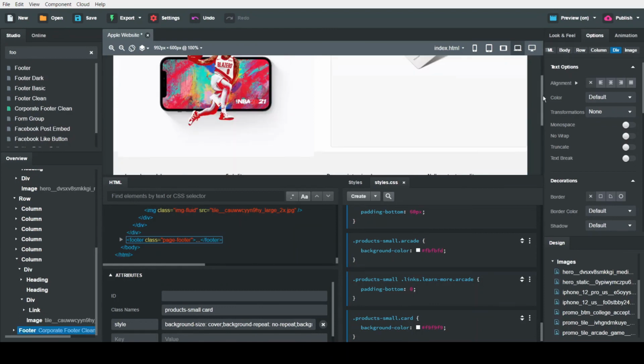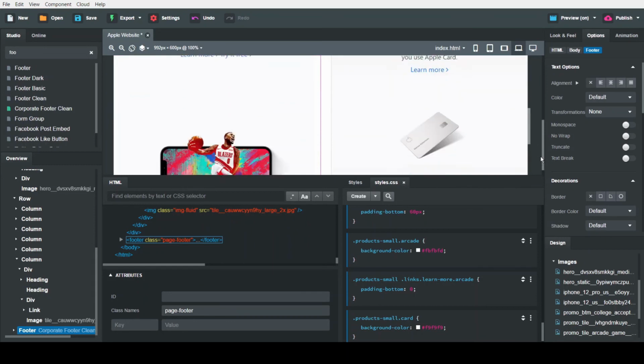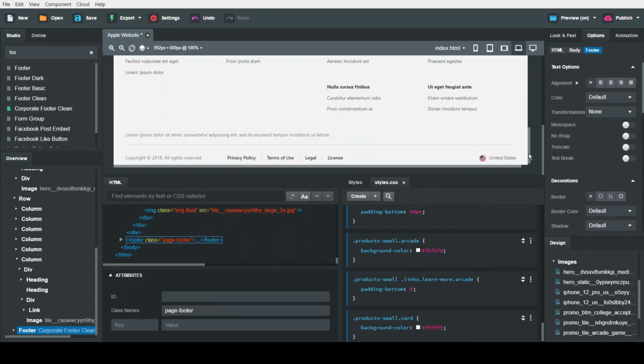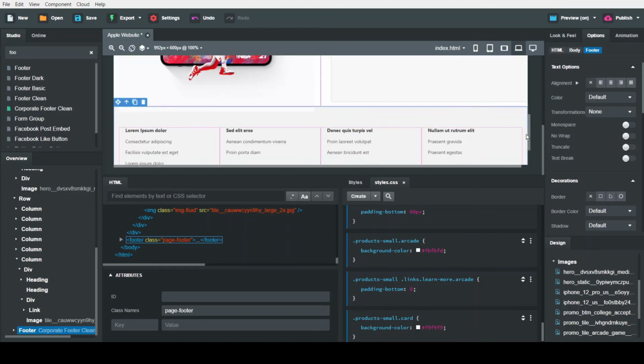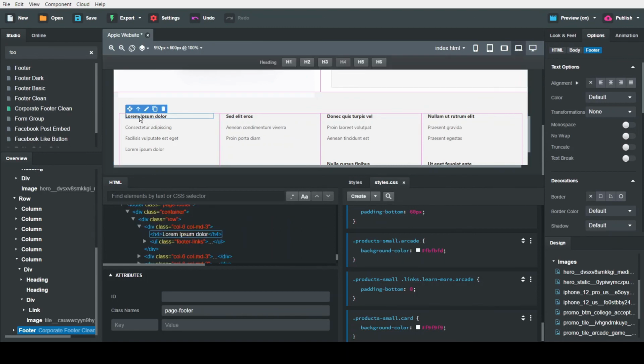Let's edit it according to the original website. I am changing a few things here and the rest you can do by yourself.